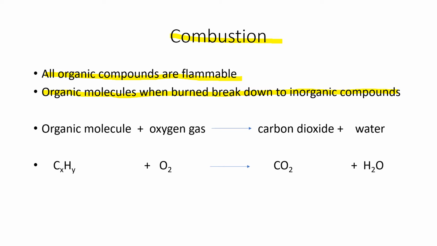So what happens when we burn something? Well, when we burn something, we're taking an organic molecule and exposing it to oxygen gas and sometimes a little spark or a little heat. But what are the products that come out of it? Anytime you burn an organic molecule, you're always going to make carbon dioxide and water. Well, carbon dioxide and water, those end products are not organic compounds. Those are inorganic compounds. So the act of combustion, what really happens is you're destroying organic compounds.